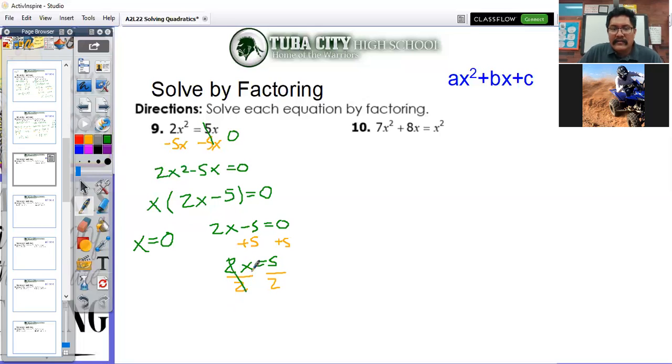And there we go. So now it's by itself. X equals 5 over 2. Let's write that in our set builder set form. And that's all these braces mean. It means the set of,